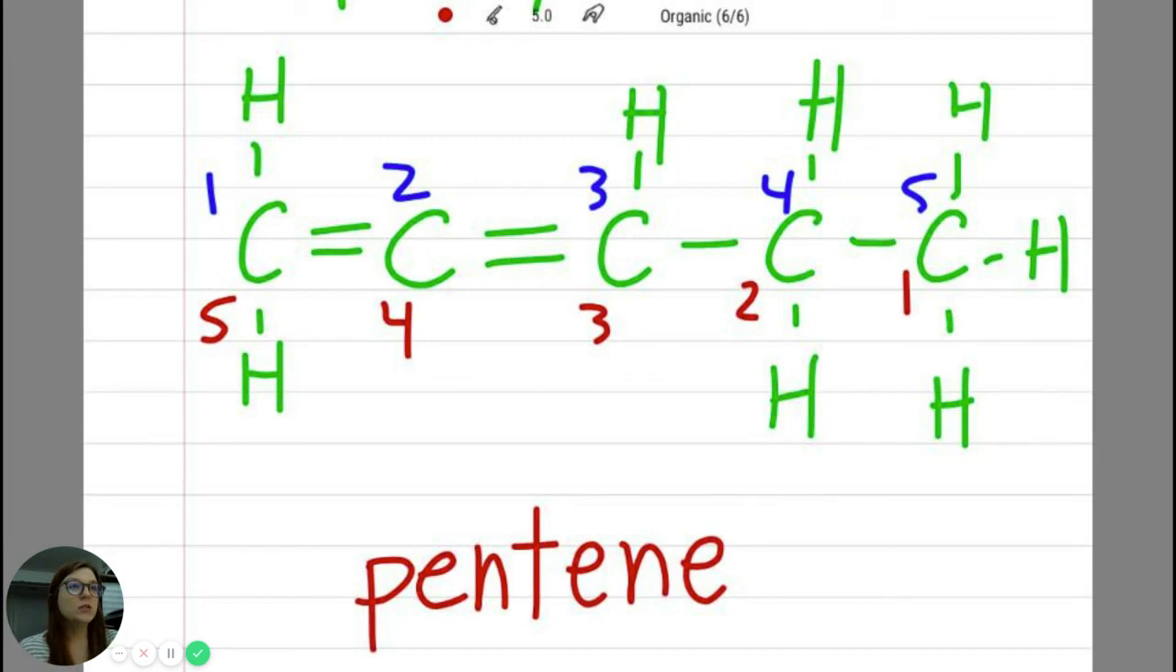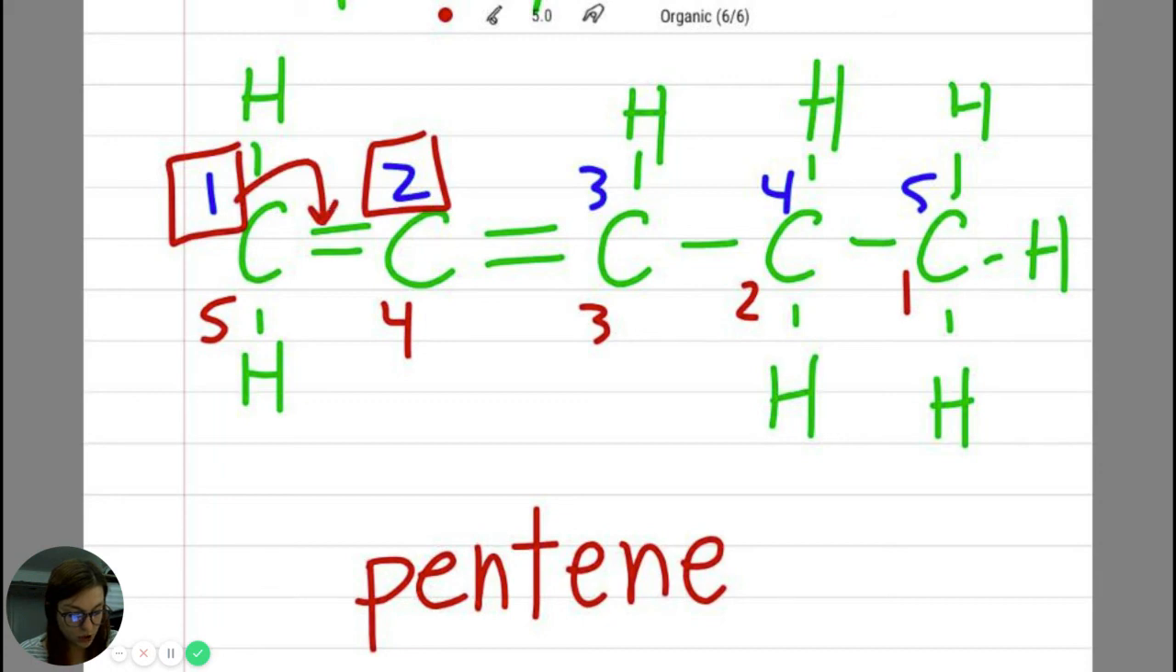You with me? So this baby, I have a double bond here. It's between carbons 1 and 2. I have a double bond here. It's between carbons 2 and 3. So I can select 1 and 2. 1 would go with this bond and 2 would go with that bond. Or I could choose,